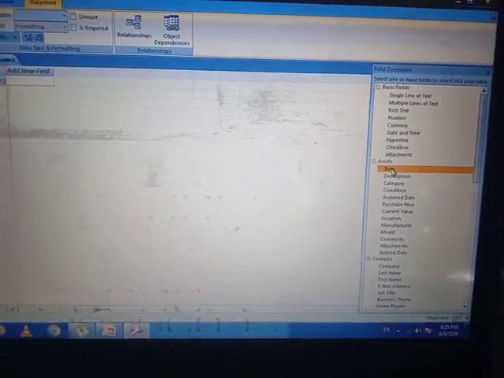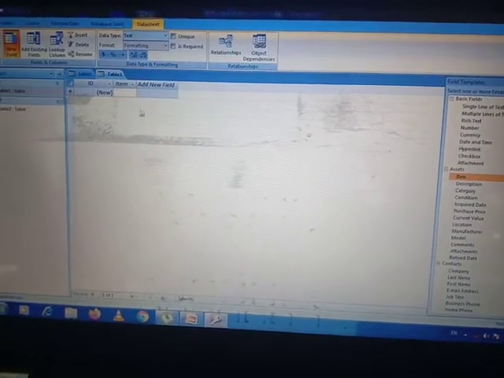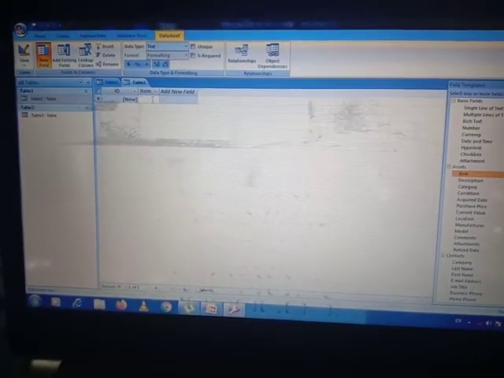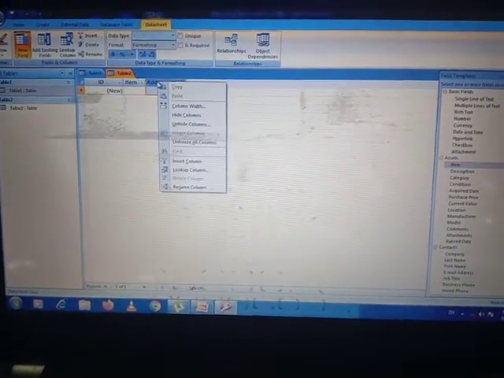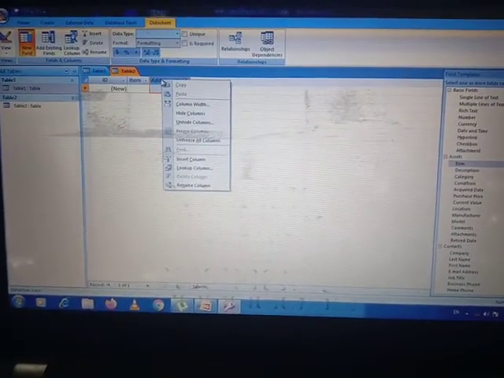There are options appearing here to find templates. Templates are those which are already made, so it is easy to make a new field. For example, if I click on Item, an Item field appears. This is the way to make a new field, or by just right click.